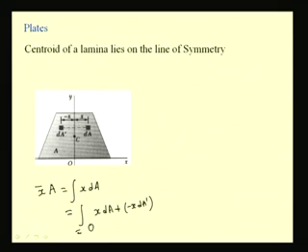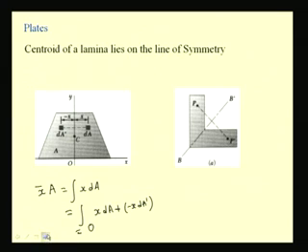So, it can be proved that the centroid lies on the line of symmetry by considering this first moment. Here you see another example where the geometry or the shape of the plate has a symmetry with respect to this axis B prime. So, if we shift our axes, let us say our y and x,